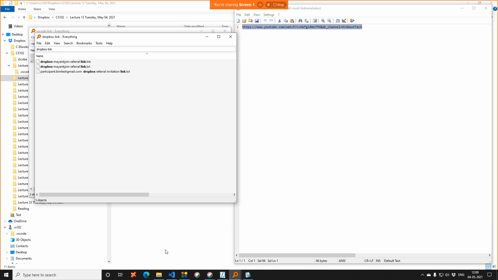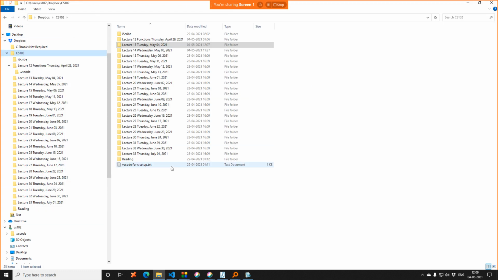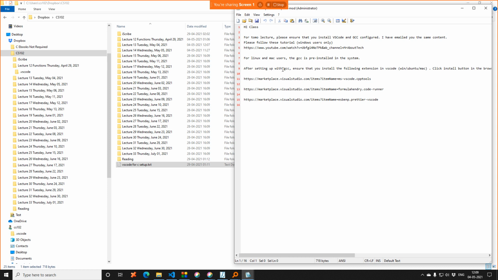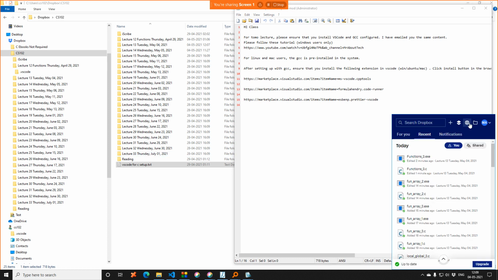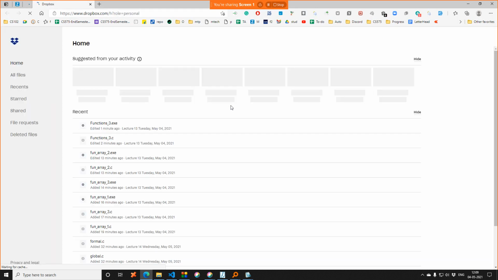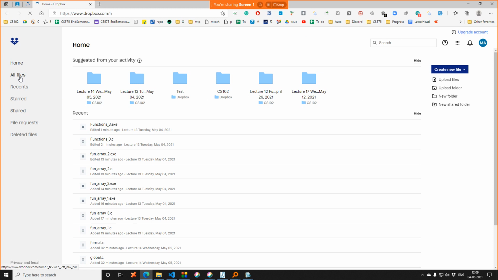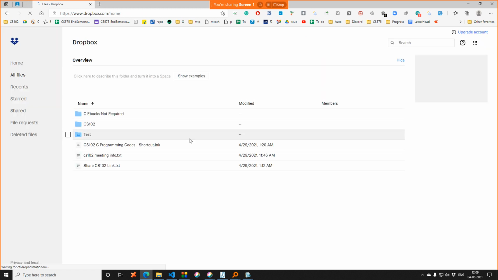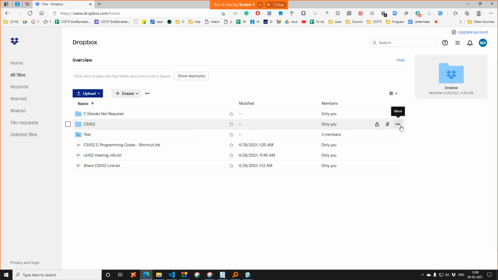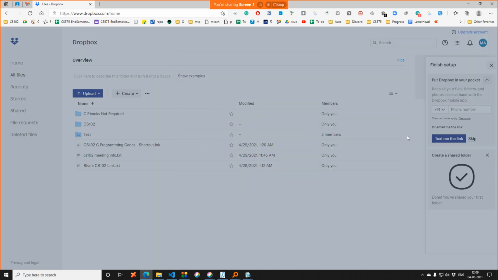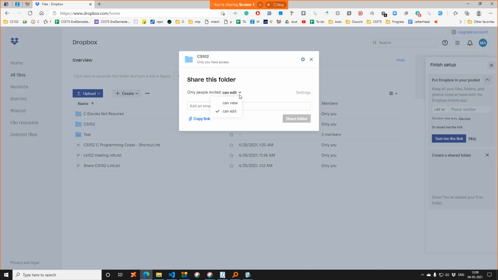Achha, save to Dropbox basically. Actually, it should auto sync. Share the link again. VS Code link. Oh, this is for the YouTube. Dropbox. Just let me check whether I have kept the link.